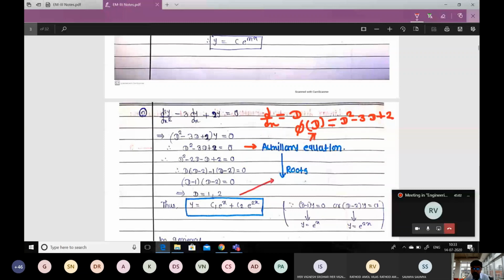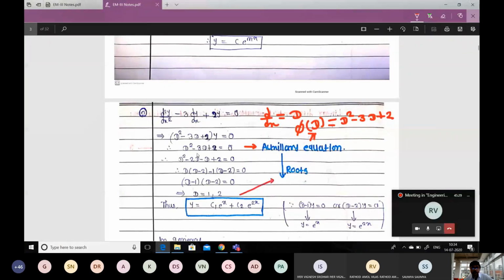After getting the auxiliary equation, our aim is to find roots. A little bit to the right hand side of the page you can see an arrow and roots. So our aim is to find the roots of that polynomial. It looks like a polynomial in terms of D. But how to get roots? The choice is yours: use a calculator, or factorization method, or synthetic division, or the quadratic formula. The choice is yours.